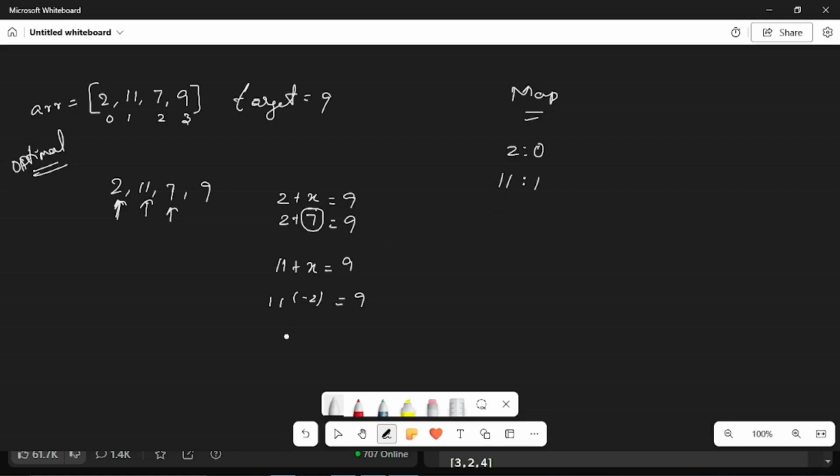For 7, what is the other element to make 9? It's obvious, 2. 7 plus 2 will be 9. Check whether this number is there in the map or not. Yes, we have 2 at index 0. We can straight away return. We found the answer. The current element is 7, and the other element is 2,